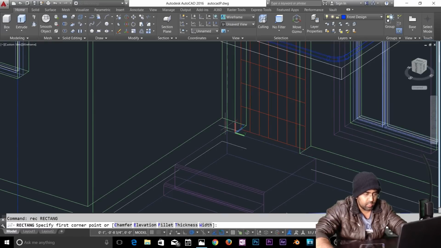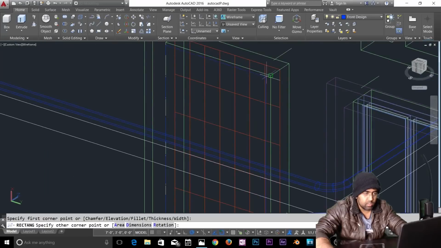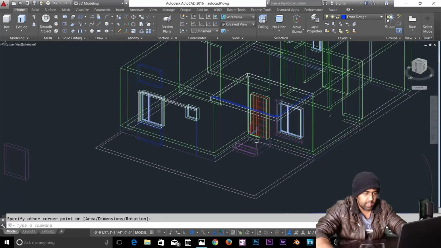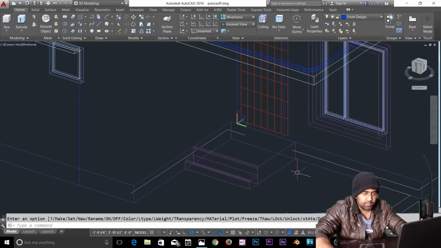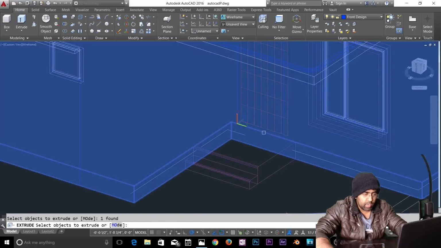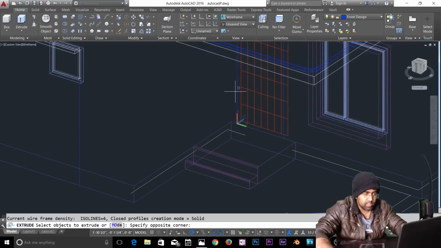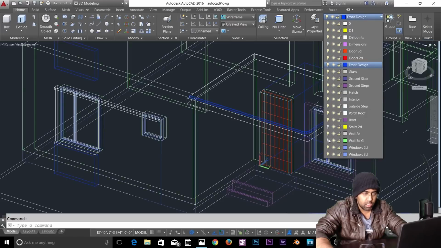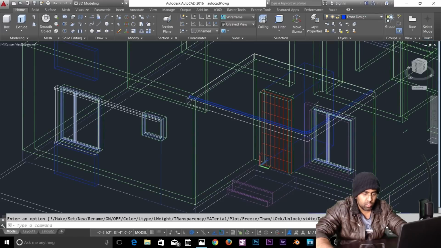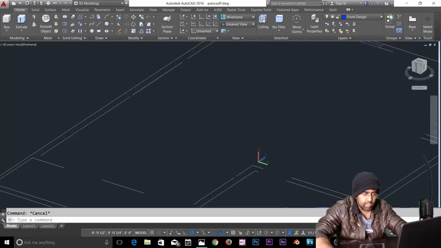So rectangle, make it rectangle to about this side. Okay, and then you're going to extrude that rectangle. So I'm going to hide the wall layer as well, so I could extrude that rectangle. Nah, can't do it, so I've got to select it from here. Okay, so I'm just going to take it as much as I can, doesn't really matter because I'm going to use that anyway. So let's unhide everything and let's just